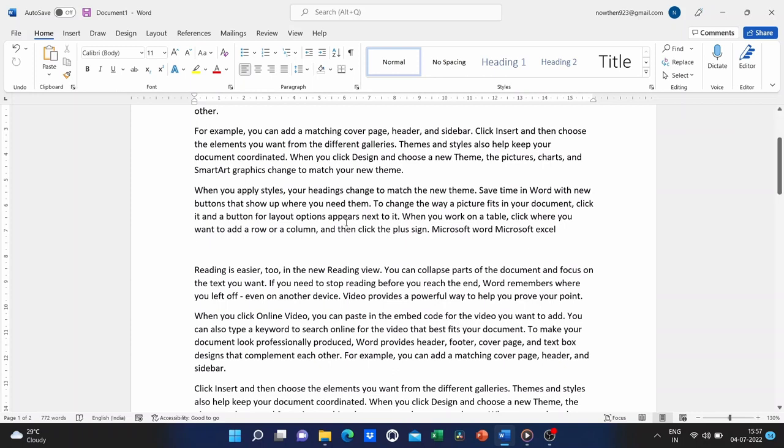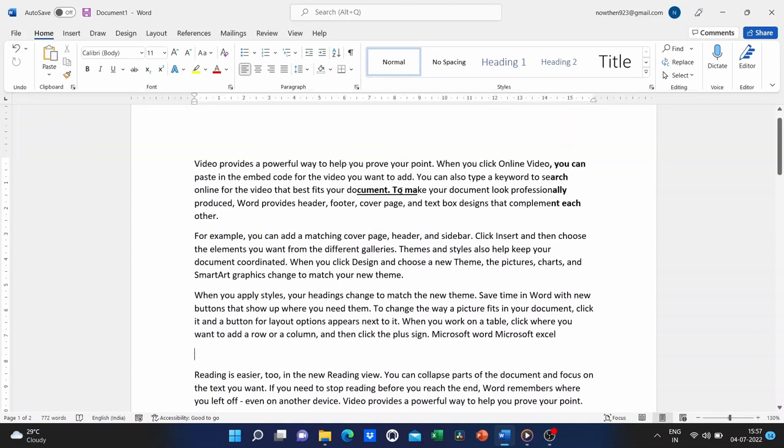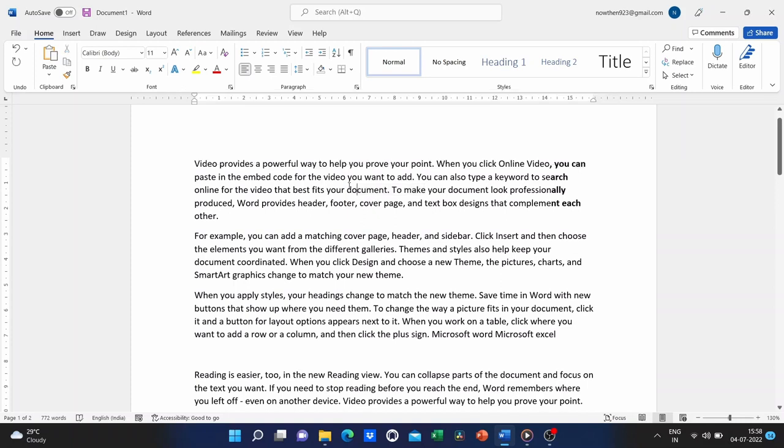The next Microsoft Word hack is that you can easily and quickly remove formatting that you don't want to keep. You may recall that I changed the formatting of this text, and I'm sorry for that. All I have to do to get rid of the formatting is pick the text, hold down Control, and hit spacebar. To correct these words, let's combine a few of the hacks. Holding the Alt key while clicking and dragging to choose a rectangle in my document, I then hold the Control key while tapping the spacebar to fix the formatting.